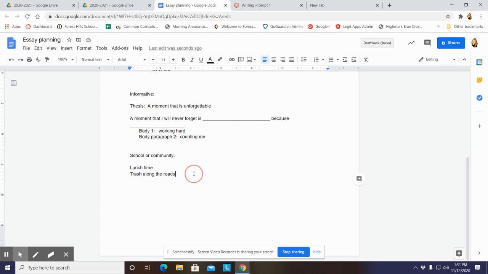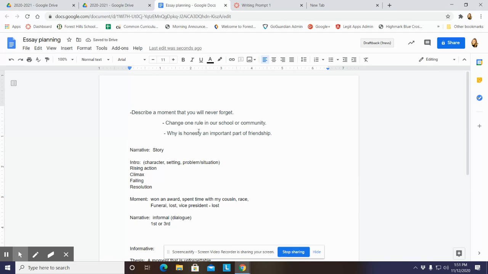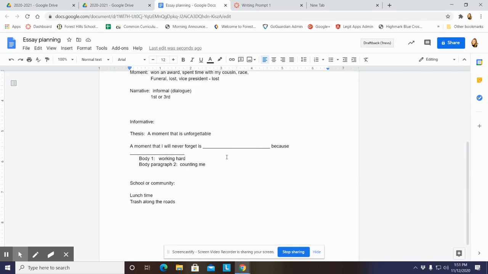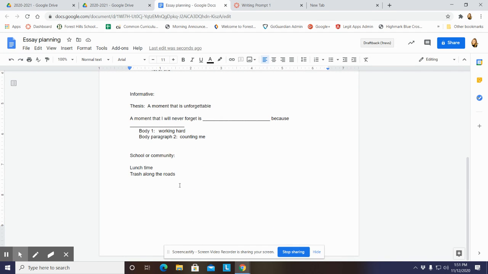Okay. And again, for my thesis in my introduction, I'm going to use those words, and I'm going to say, a rule in school that should be changed. And I don't think this one you need I in it. A school rule that could be changed. Okay, or one rule that would be useful for our community